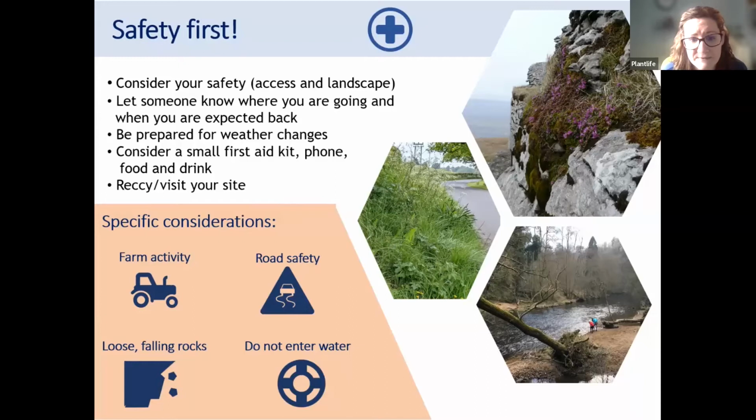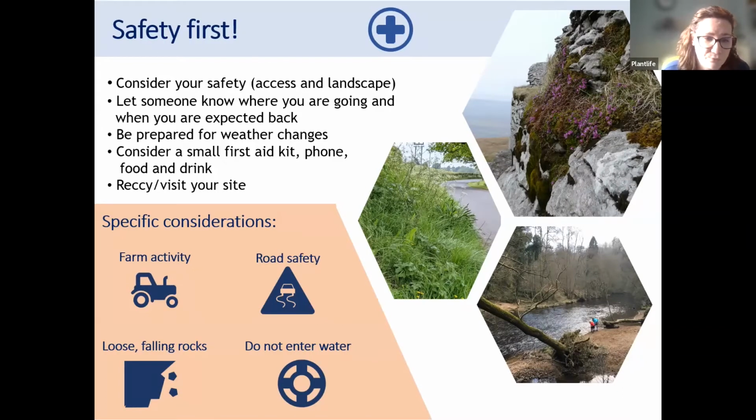But there are, of course, some additional and quite specific considerations for some of the linear plots and the habitats that they lie within. So, for example, being mindful of any farm machinery or farm activity when you're surveying arable field margins. Also, road safety, as I've mentioned, is really important when surveying along road verges or perhaps even hedgerows that run alongside roads. As I've said, please do keep back from the road, ideally working on the opposite side